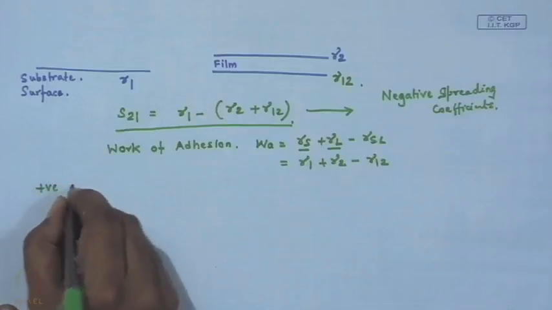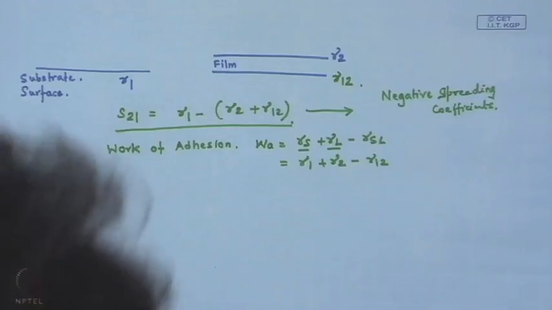In contrast, if there is a situation where the spreading coefficient is positive, that implies that by coating the film you have actually reduced the total energy of the system. So, such films are thermodynamically stable, because by way of coating the film there is a reduction of the energy. So, an example of a positive spreading coefficient